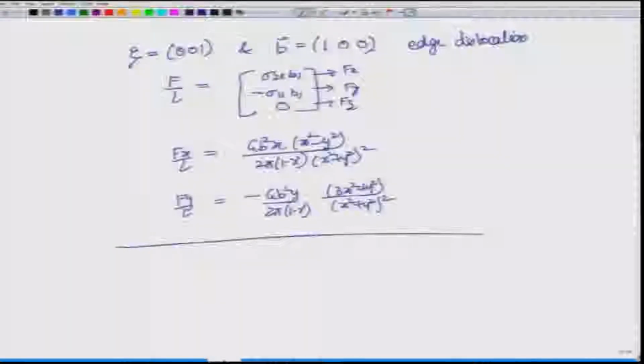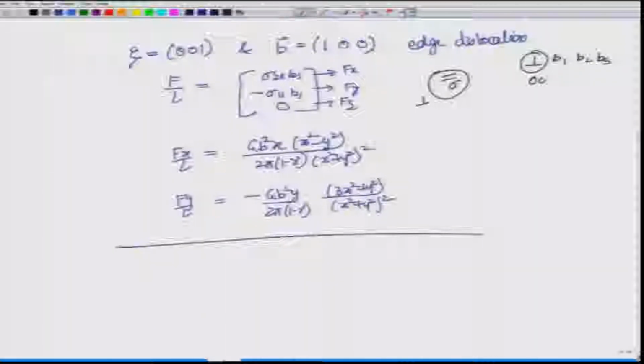Okay, so let us come back to our derivation of force onto a particular dislocation. We showed that if you have an edge dislocation whose Burgers vector is given by B1, B2, B3, and it is inside a field where sigma is the stress field. This stress field could be arising because of another dislocation or any other thing. At this particular point we saw how the force looks, and without loss of generality we have to have a line direction for this particular dislocation.